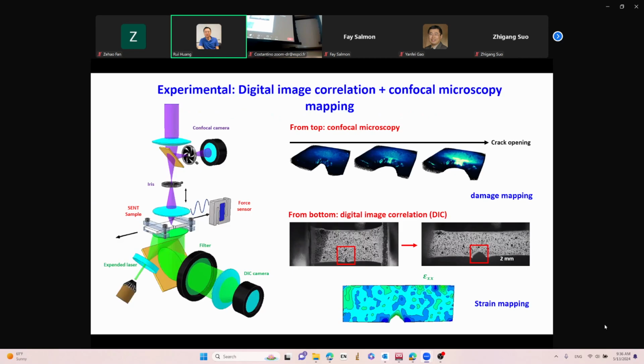Janzu is a really talented experimentalist. He used a tensile tester built in the lab. There were two types of measurement: a measurement with confocal microscopy from the top of the sample, where you can actually look all the way through the sample, and from the bottom, a separate camera and a mirror. We did both dynamics measurements with DWS, but also digital image correlation to get the strain field, with a very classic